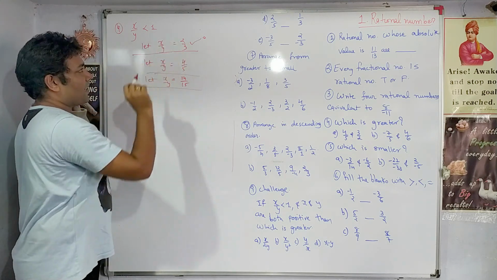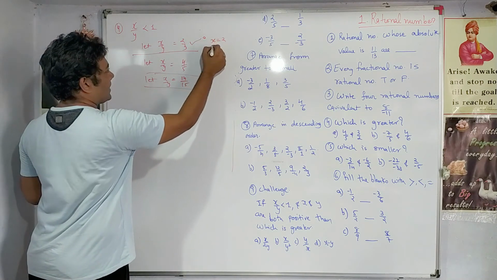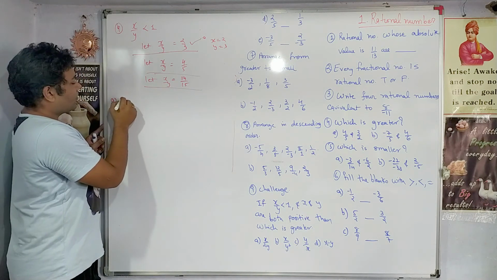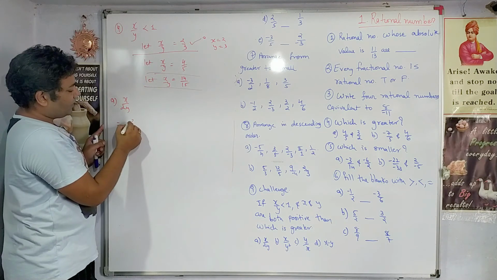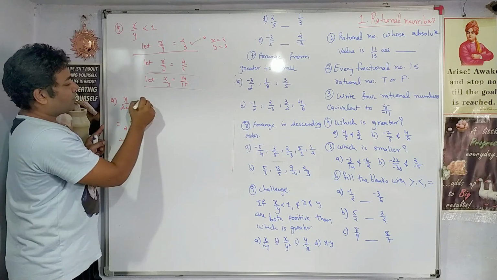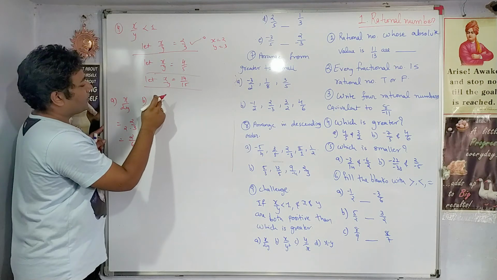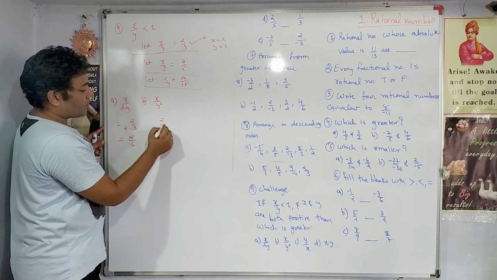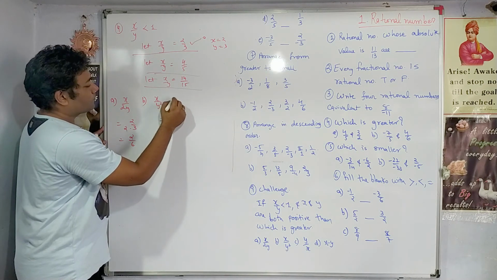Now let us replace x upon y with 2 by 3, right? This means x is 2 and y is 3. So let us start. What is the first option? x upon 2y. This can be written as x upon y, which is 2 by 3, into 2, that will be 2 by 6. Correct? Then what is the B option? x upon y square, right? So it will be 2 upon 3 square, since the value of y is 3. This will be 2 upon 9, right.